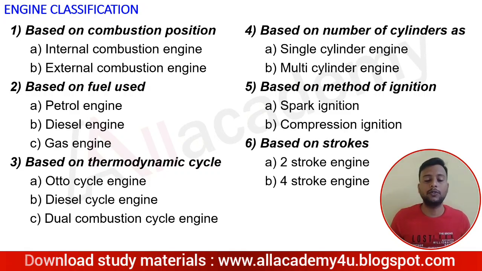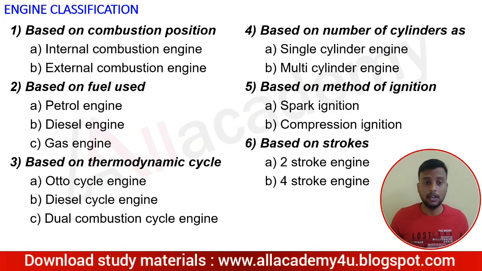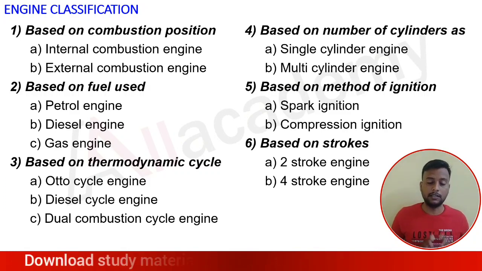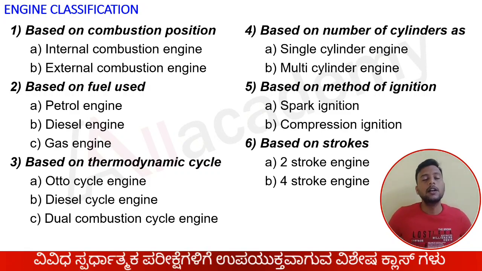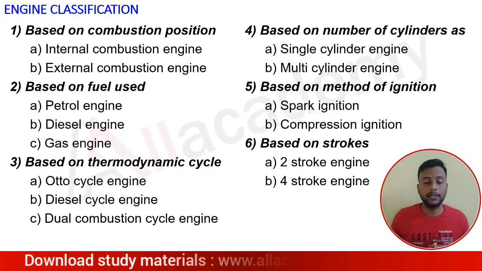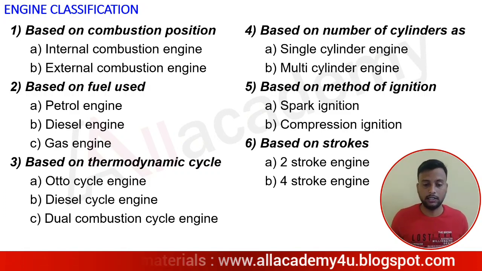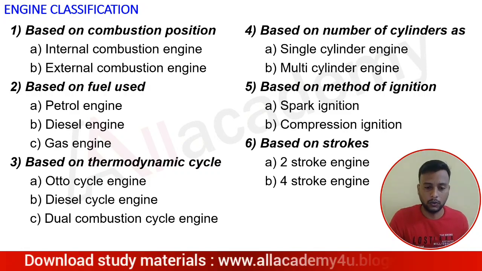Now the next one, coming to the classification based on the number of strokes. Generally we all know that. We have studied engines in class 10, class 11, class 12, and even in our first year EME, that is, Elements of Mechanical Engineering, about the engine's components. So what are the two main classifications? We call them a 2-stroke engine and a 4-stroke engine. Nowadays some engines have been designed for 6 strokes, 8 strokes also, to have more power and more capacity. But in general we go with the 2-stroke and 4-stroke engines, which are what we commonly see on the roads nowadays.